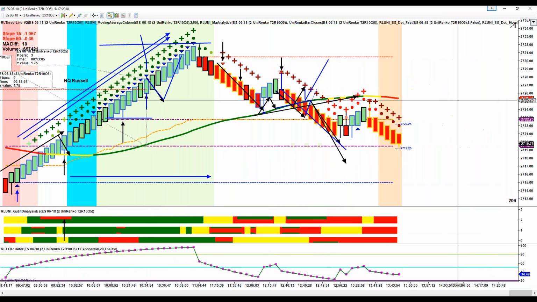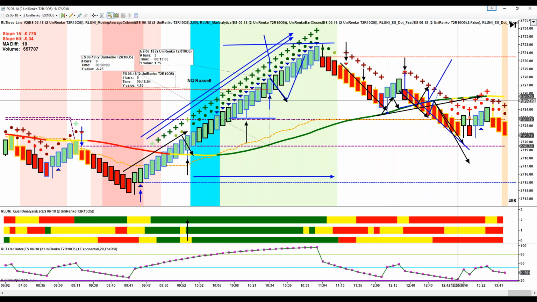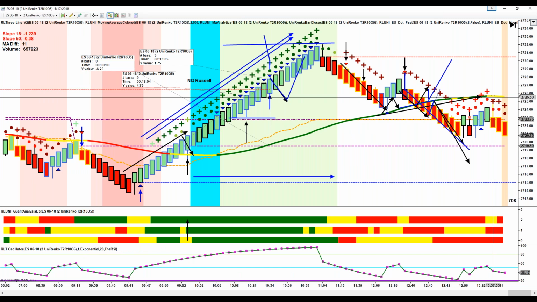Now, let's just see where the market is. The market's really fading into the day. You see this trade here. This is a good trade. You're taking a short off resistance. You've got the intermediate. You've got the main. You've got the minor. You've got both sets of dots. You've got the oscillator. Now you've got the intermediate down